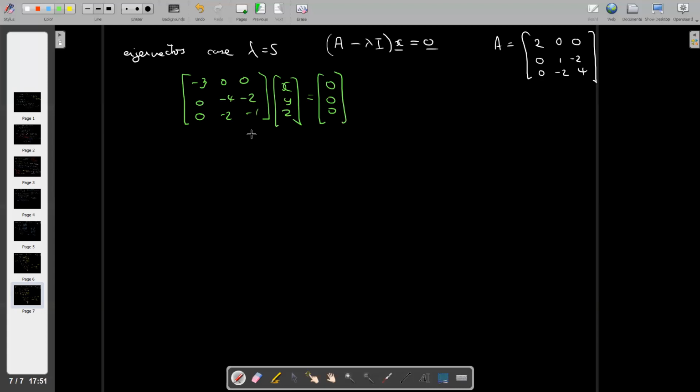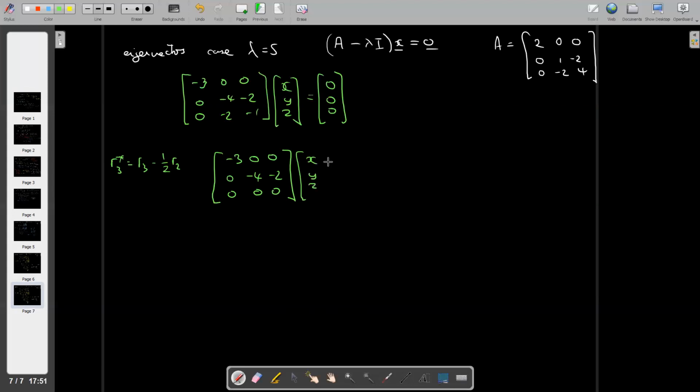Okay, so again, I can tidy this up a little bit. So maybe I'll say, let me half. So I'll do the new row 3. So row 3 star is half, it's going to be the old row 3, take away half of the old row 2. If I half this row, that means negative 2, negative 1. And if I subtract negative 2 from negative 2, that's going to give me 0. So that's going to give us negative 3, 0, 0, 0, negative 4, negative 2, 0, 0, 0,